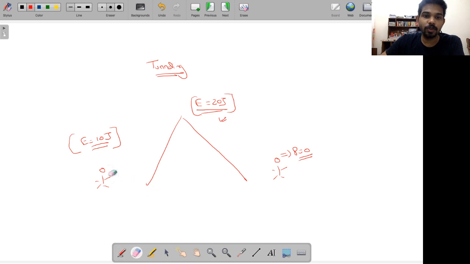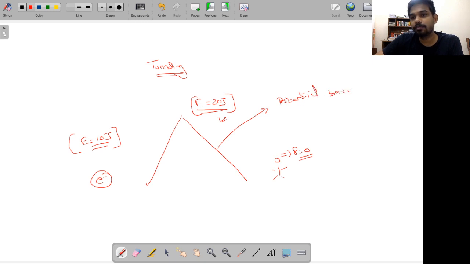Now in this case, let's do one small thing. Let's replace you, the human being, with an electron, and let's replace this mountain with something called a potential barrier. If I again ask you, what is the probability that you will find the electron on this side? Remember, the electron requires this much energy to cross over the potential barrier and be found on the other side. The electron simply does not have the energy to cross over. But if I still ask you what the probability is that I will find the electron on this side of the potential barrier, this time the probability will not be equal to 0.